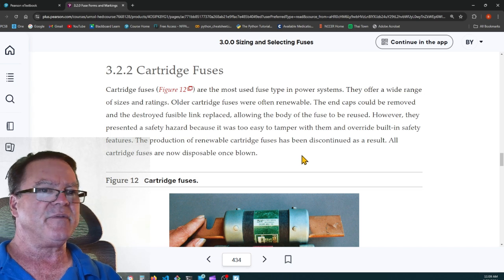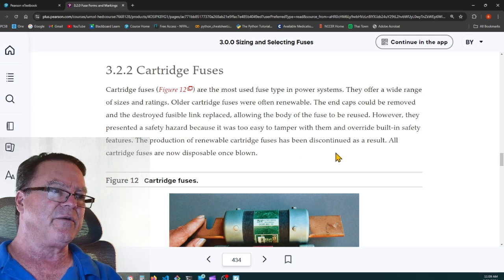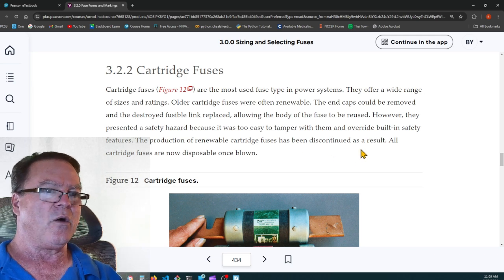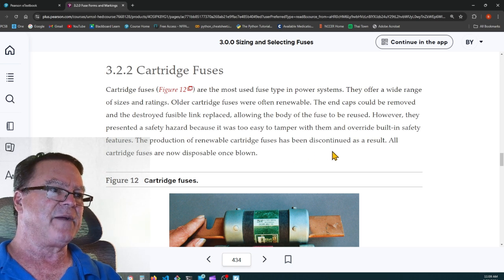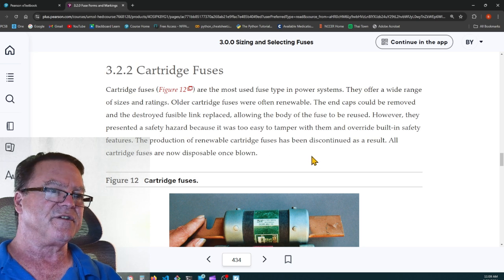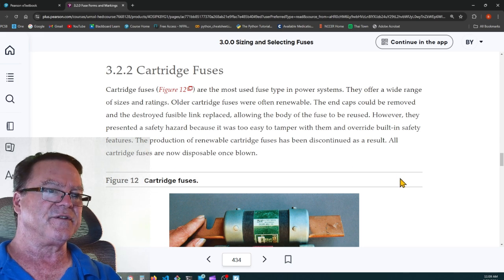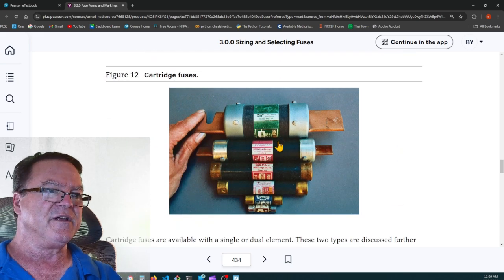The end caps could be removed and the destroyed fusible link replaced, allowing the body of the fuse to be reused. However, they presented a safety hazard because it was too easy to tamper with them and override the built-in safety features. The production of renewable cartridge fuses has been discontinued as a result, and all cartridge fuses are now disposable once blown. So some of these will even have a window on the side to show you when they've